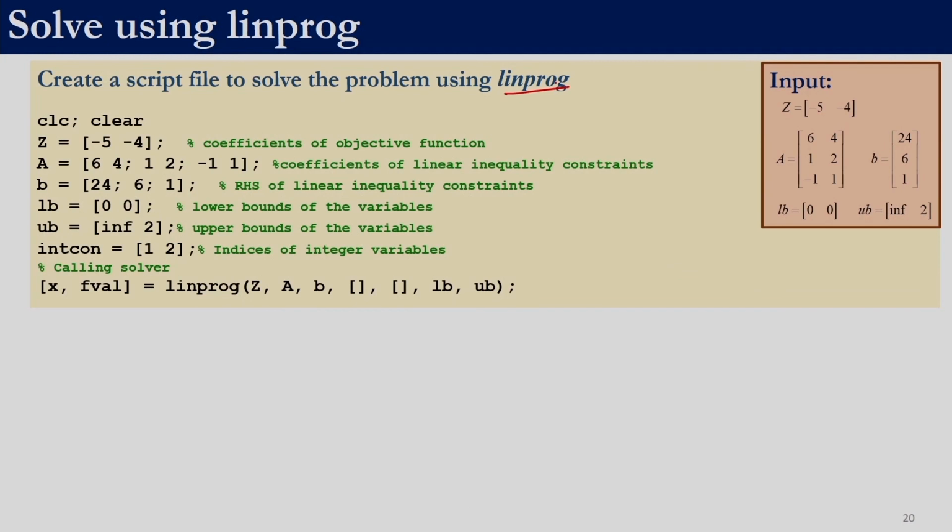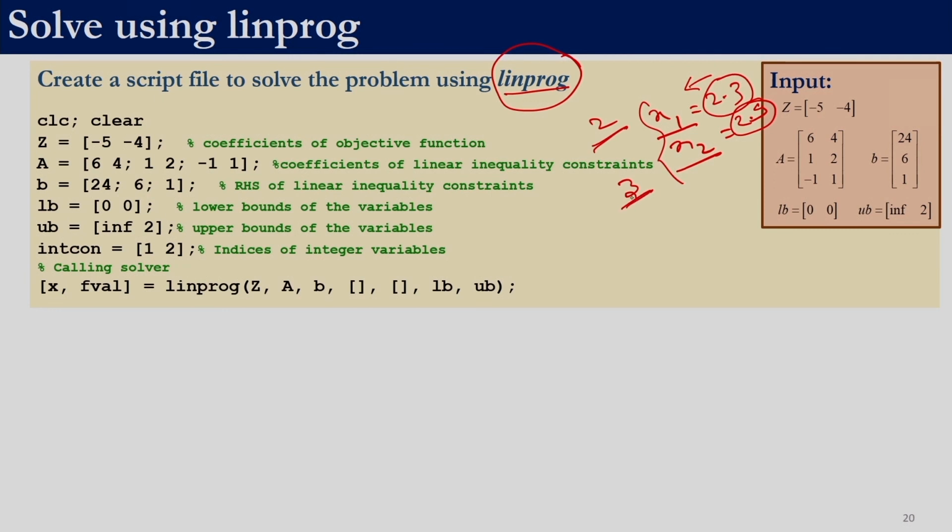So linprog. Remember, we have been told that x1 and x2 are integer variables, but still we choose to solve it with linprog. We are under the assumption that we can solve it using linprog, and then whatever values we get, we will round them off. So let us say if we get x1 as 2.3 and x2 as 2.9, then we will round off the solution, 2.3 to 2 and 2.9 to 3. So very often there is a misconception that this can be done.